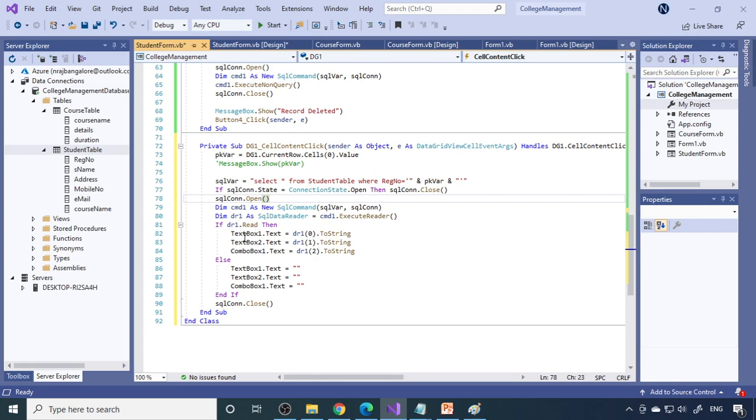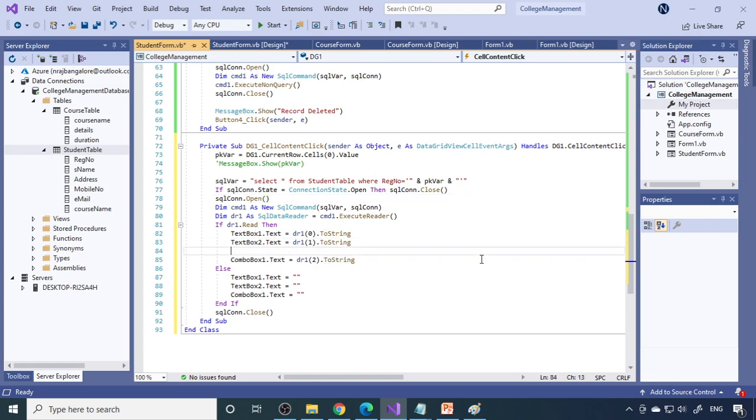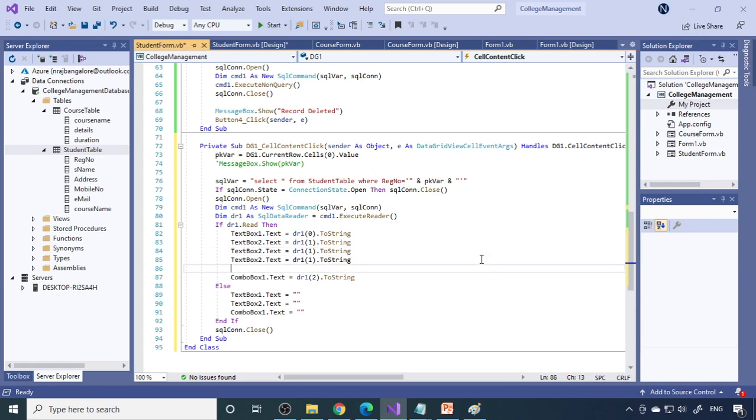Now we have text box 1 and text box 2; 3 more text boxes are required. Therefore, copy this and paste here 3, 4, 5. So this becomes 3, this becomes 4, this becomes 5. Next is the 2, and this becomes 3, this becomes 4, because all are in order. If the order is mismatched, then you need to change the column values correspondingly.